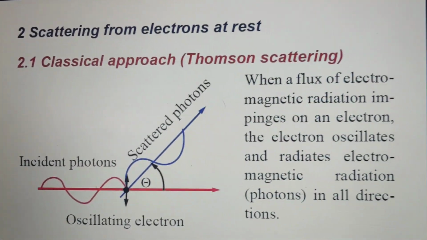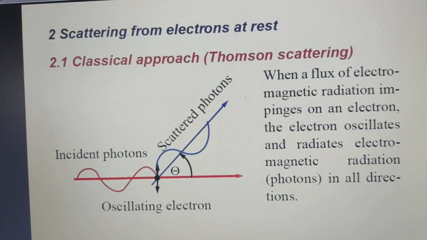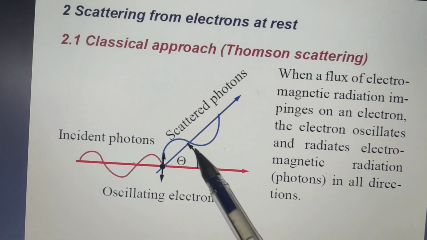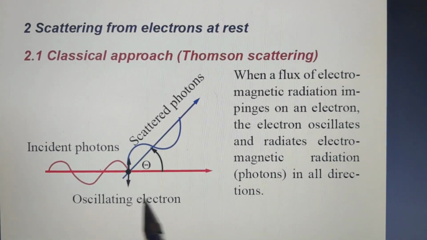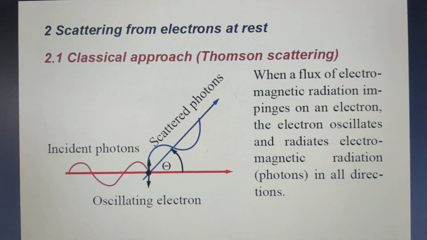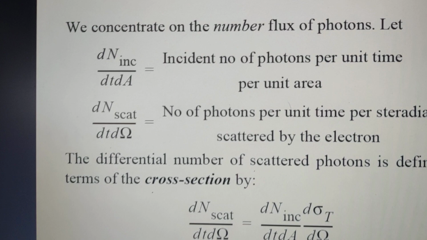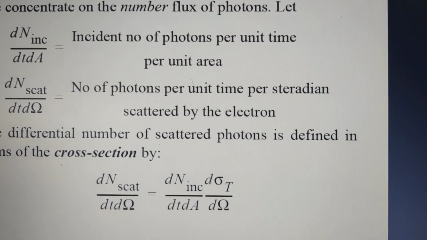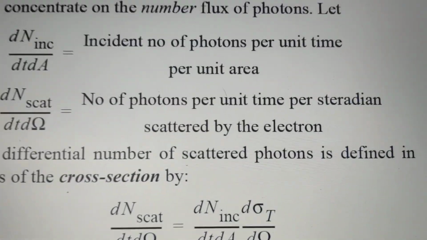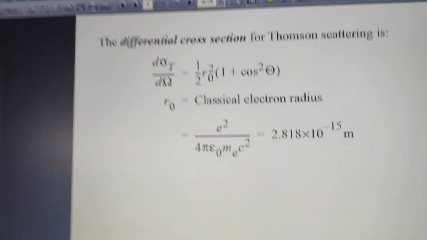So this is the schematic diagram where incident photons are incident on an electron, where this is the path of the scattered photons, this is the typical angle, this is the oscillating electron, and as we mentioned, this is the Thomson scattering. This type of behavior is being studied, and this is a much more complicated equation, I would say, but the general intention of doing this is the